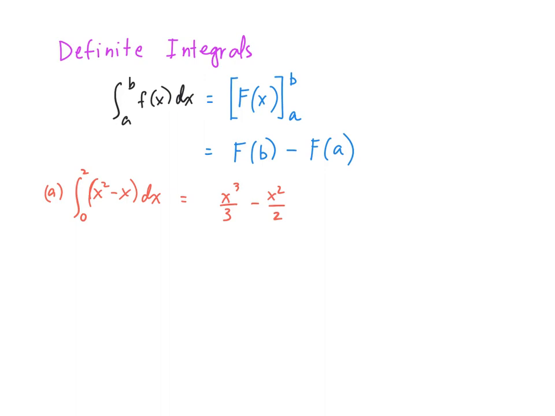Now in the previous lesson, we're probably used to writing this as 1/3 x cubed, but actually it doesn't matter. You can keep it as x cubed over 3 or write it as 1/3 x cubed. It doesn't really matter. I would suggest though that for this one, keep it as x cubed over 3, and the other one keep it as x squared over 2. Then